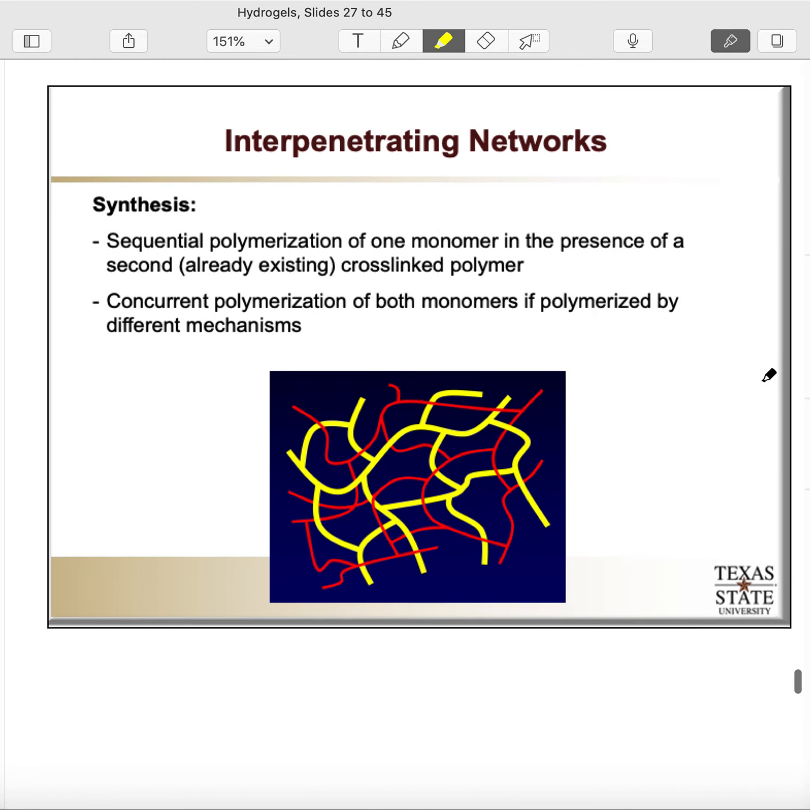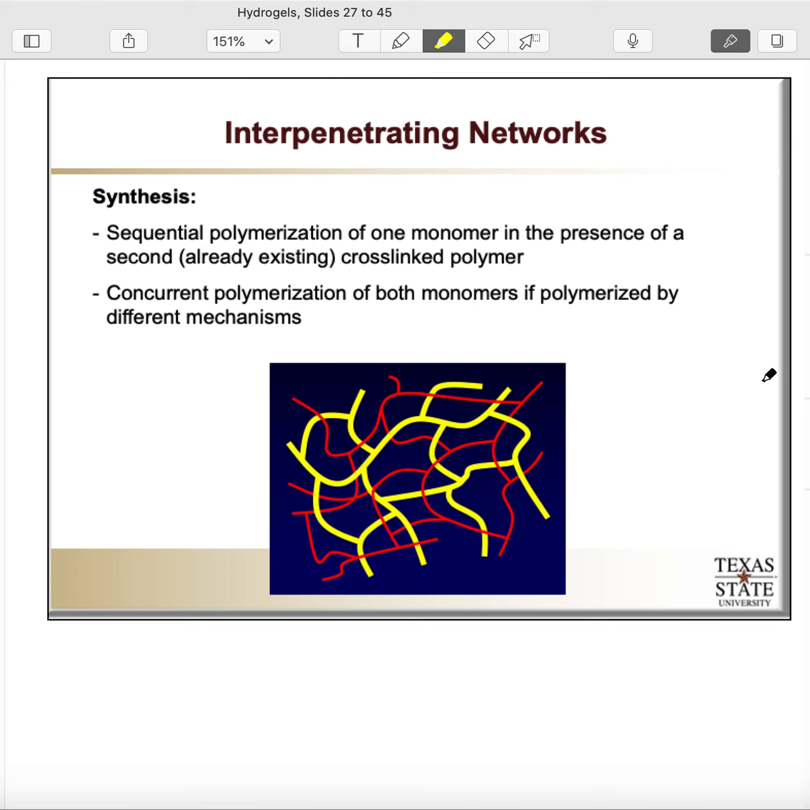All right, now I wanted to talk a little bit about interpenetrating polymer networks. So here's a really good figure of an interpenetrating polymer network. We have two polymer networks. One of them is, I think it was polyacrylamide. The other one is polyacrylic acid. The two of them are completely independent. If you can see, they are intertwined within one another, but they are not actually chemically covalently